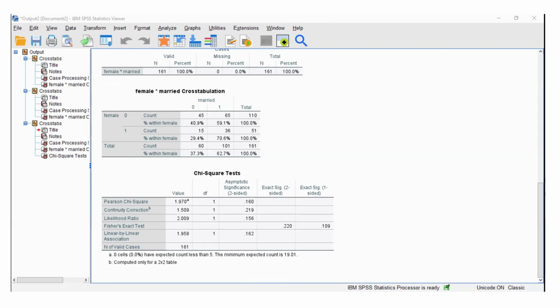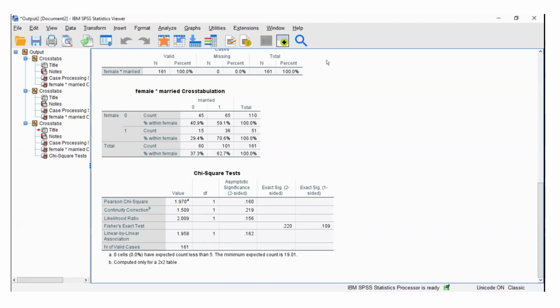Do you see that? So if we had ticked expected value when doing the crosstabs, you'll see that there was no cell with a value less than 5 in the expected count.